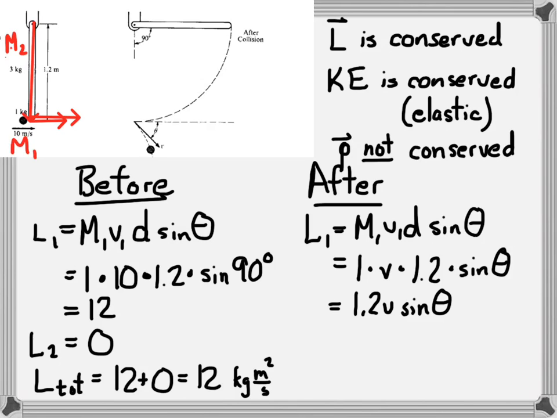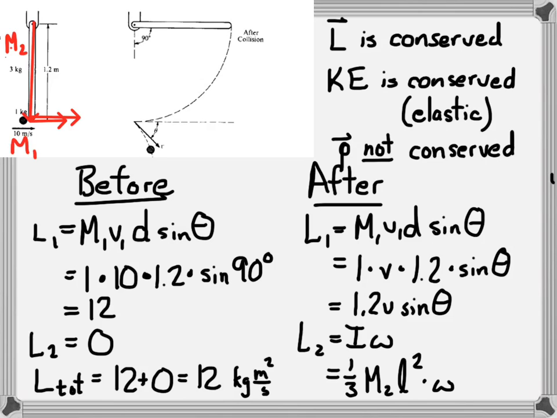And the angular momentum of the rod is going to be its moment of inertia times its angular speed. The moment of inertia of a rod that's rotating around one of its ends is going to be 1/3 ml squared. And then we don't know what its angular speed is, so we have to leave that as omega. So just by using angular momentum, if I had been given this omega, then I could solve this problem, but